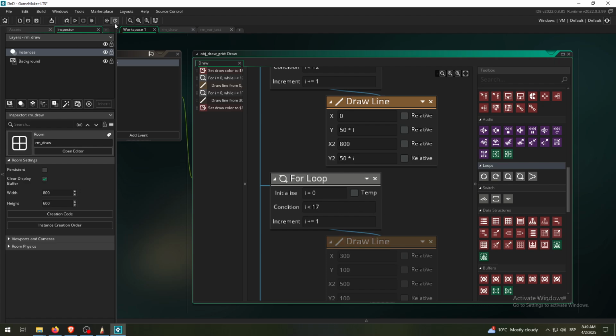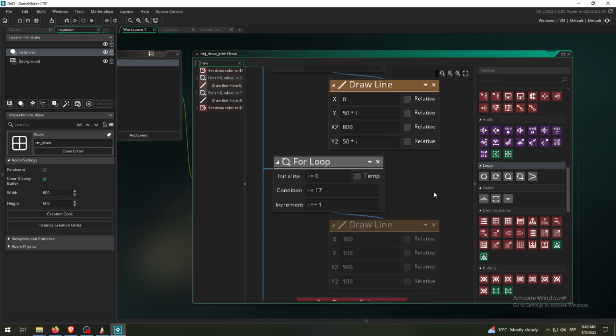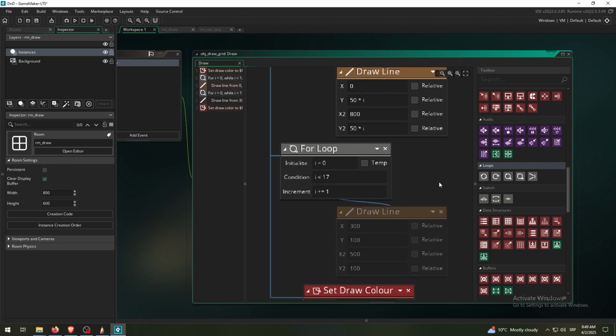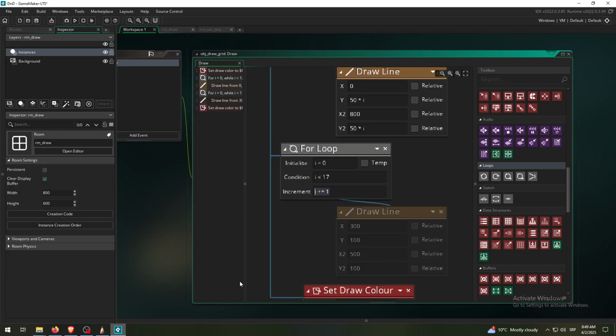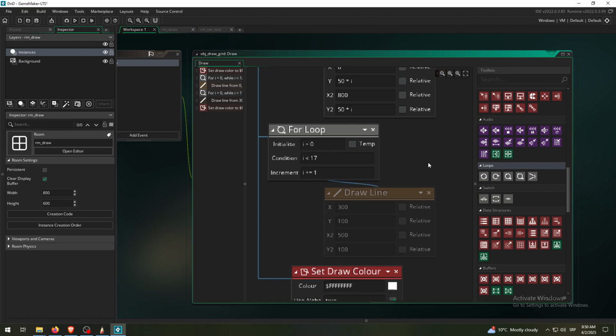But again, I will show you at the end. You can see that on the screen, and check it on the screen if you're not sure. And I increment in 1 because that's how I defined my rule. So I is 0, I goes until condition is less than 17, and I will go in +1 increments. So